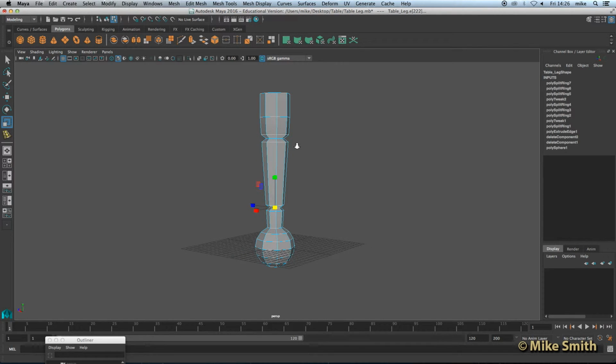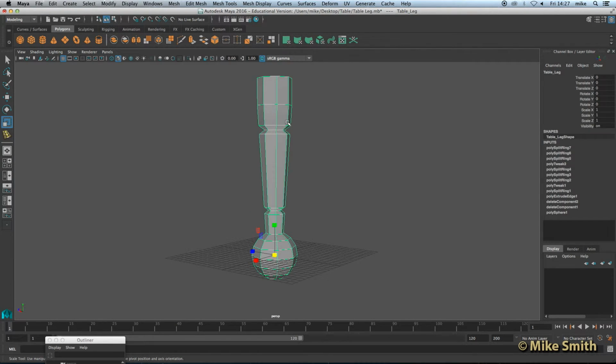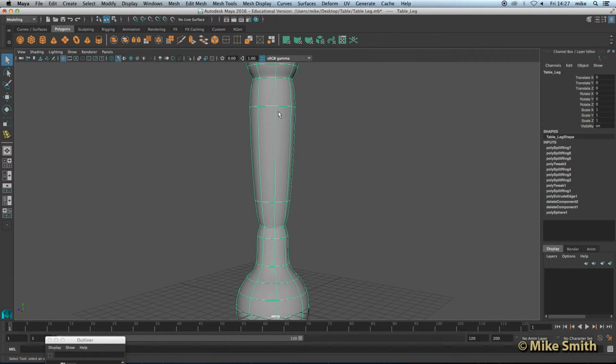We can now go back to object mode, so right click, object mode. I'll go back to my select tool, and now we can try smoothing that. So press 3, and you'll find you lose a lot of this detail. So like we did earlier, we can add some more divisions in. So if we start at the top,